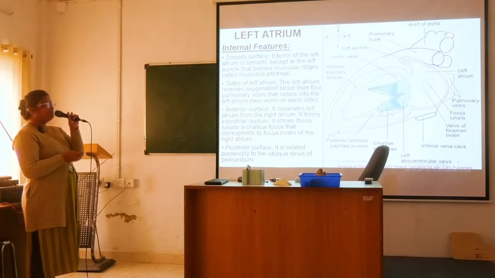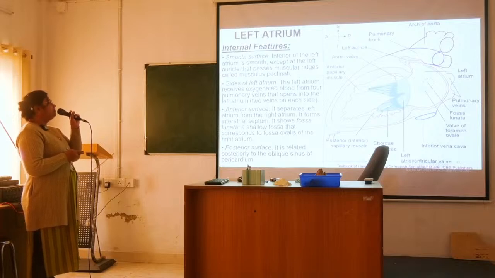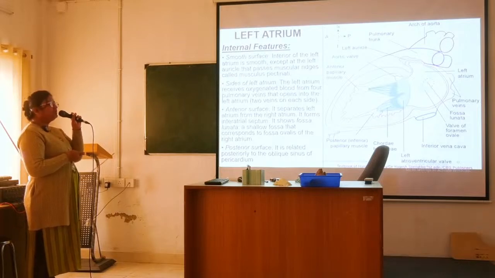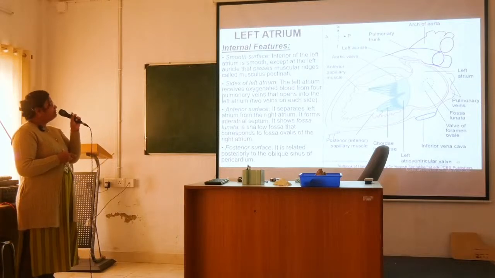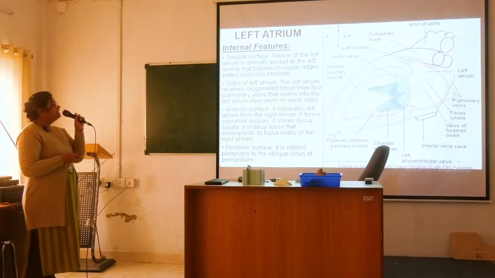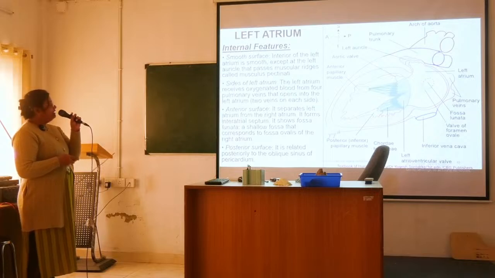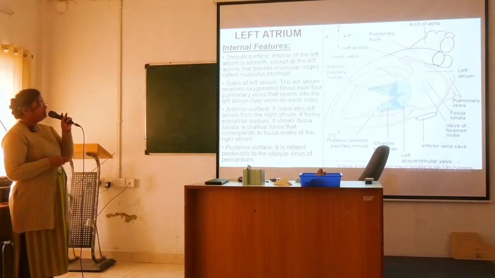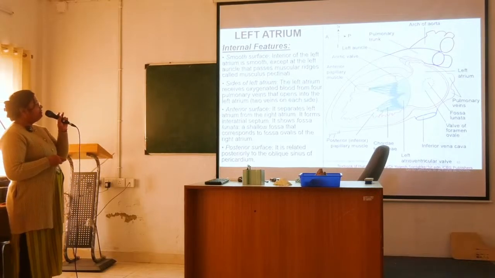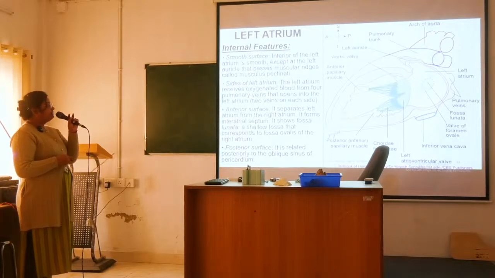Here lie the musculi pectinati. And sides of the left atrium receive oxygenated blood from 4 pulmonary veins that open into the left atrium, 2 veins on each side. Anterior surface separates the left atrium from the right atrium and forms the interatrial septum,